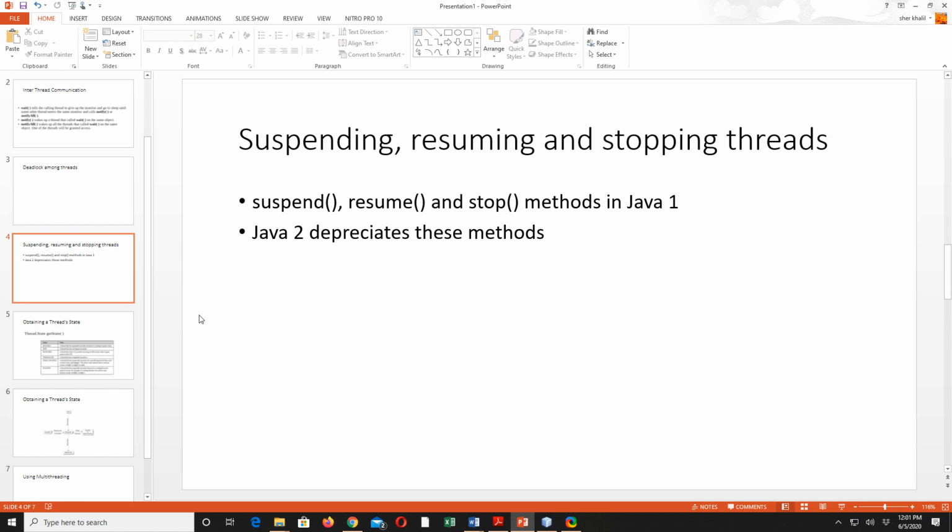Suspend method: if a thread is running and you want to momentarily suspend it, you can call the suspend method on that thread, and that thread will not resume its execution unless another thread has called the resume method on that thread. So suspend will actually suspend execution of the thread, and if you want to resume execution of the thread, you will call the resume method.